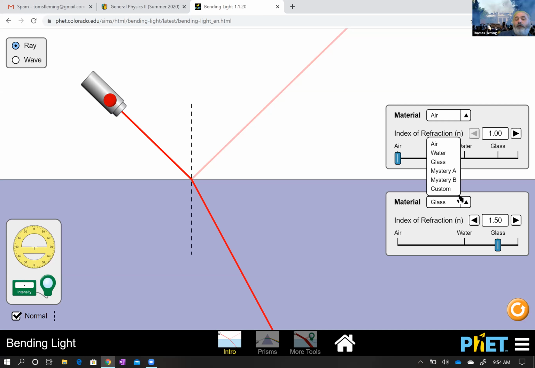Here, I'm going to go from air into something wildly different, and it bends even more. And here, it bends less. So the amount of bending you get will depend on the material. We're going to have to characterize every material by how much the speed of light changes when I enter that material. And in order for us to do that,